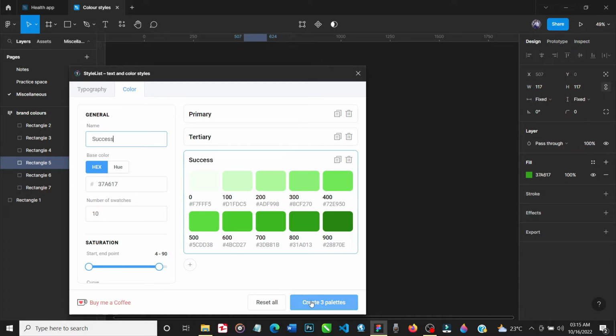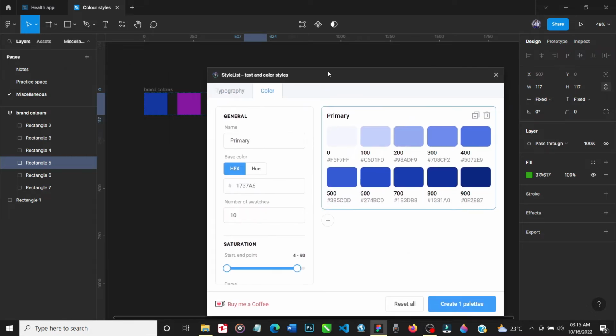Create three palettes. All right, so this can generate a maximum of 3 styles at a go. All right, I just realized that now, and I thought we could generate a maximum number of. Okay, well, I guess this means we'll have to wait until the last plugin which actually does all this in a go. All right, so let's undo this,